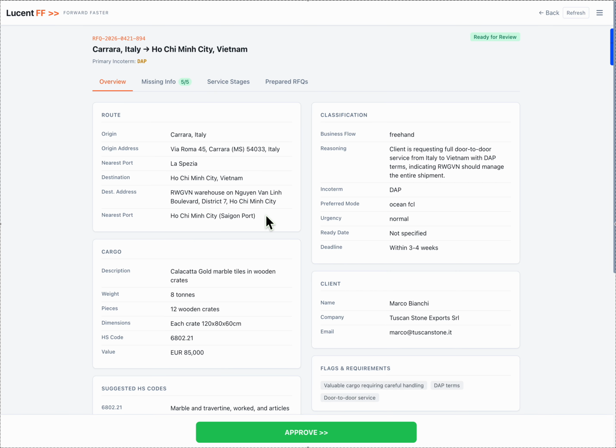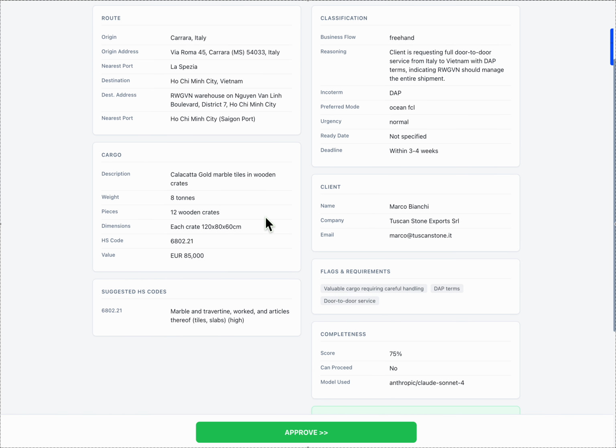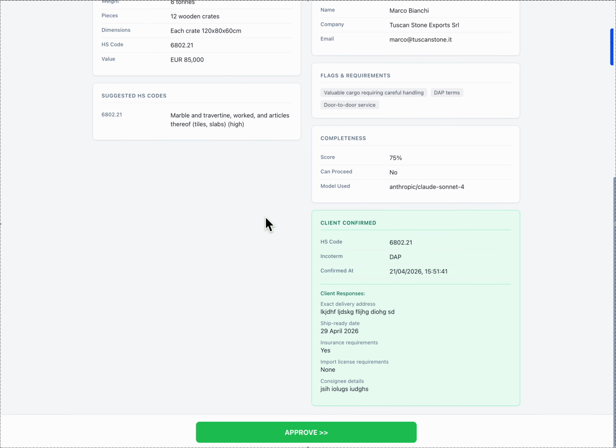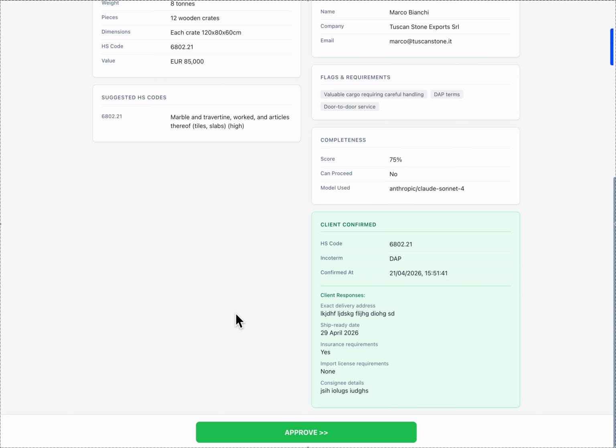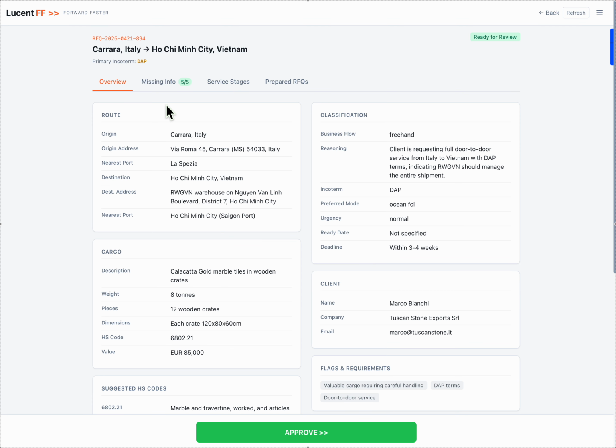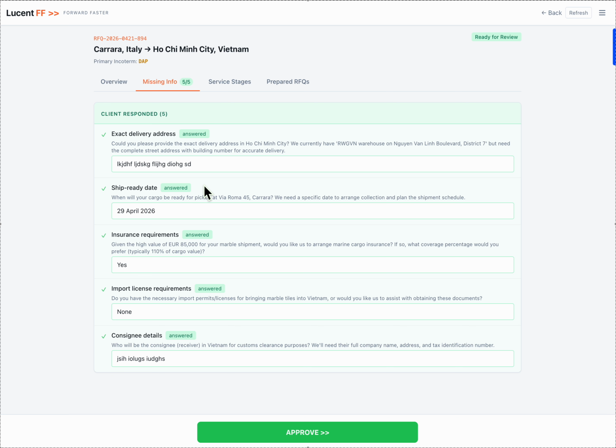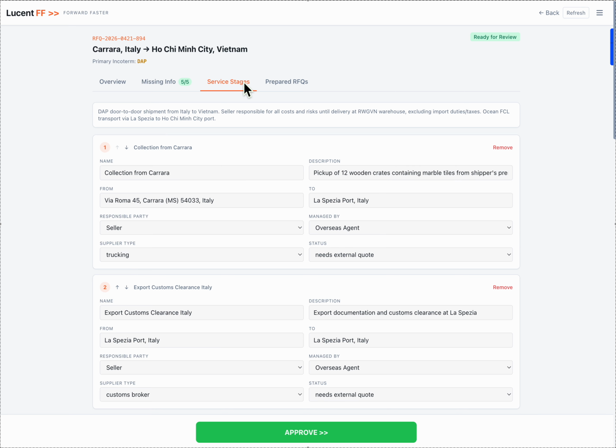And we can look at this and we can see all the details of the request, including the responses to information that was missing. We have the missing info form, and now we can see that all of these items have been answered. Now, what would have happened if you were looking at this, you would have seen this appear, and there are certain limitations in the system where it will stop and it will ask you, is it okay to send this back to the customer, or it will just go ahead and do it as it did in this particular case. So we've got all the answers back to our questions, and then it's worked out the service